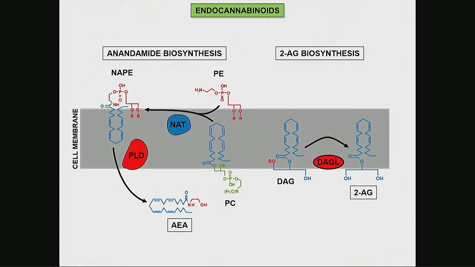And we also know how these lipids are produced, because you have to think about this system not as something that is constantly produced in the body. We don't have high levels of anandamide in the body all the time. We have high levels of anandamide when we need high levels of anandamide, like with adrenaline or any other signaling molecule. So we need a machinery that produces the endocannabinoids when they are needed, and also a machinery that gets rid of them when they are not needed anymore. And this machinery is characterized. We know which enzymes produce and degrade the endocannabinoids.